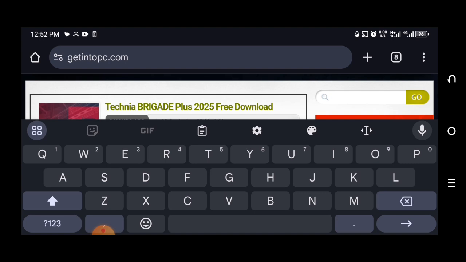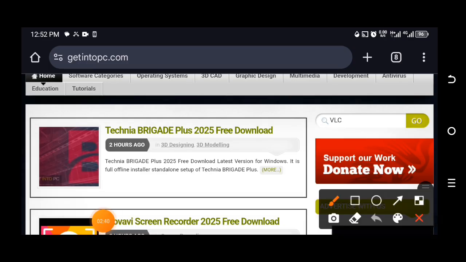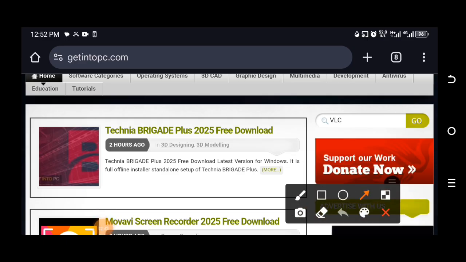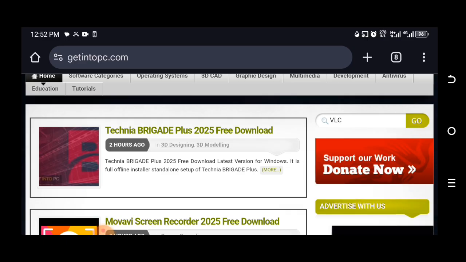So for us, we want to download VLC. So I type in VLC and tap on go. You can see go written here. So when I tap on go,